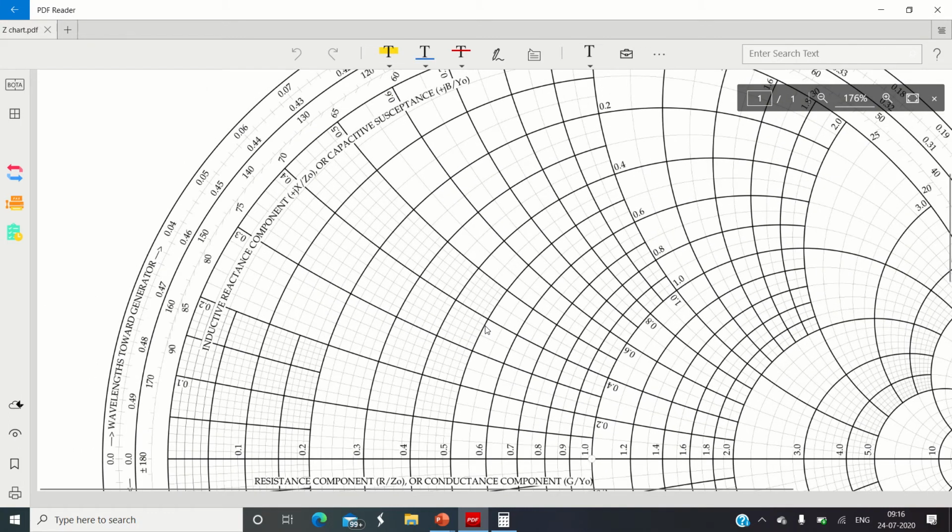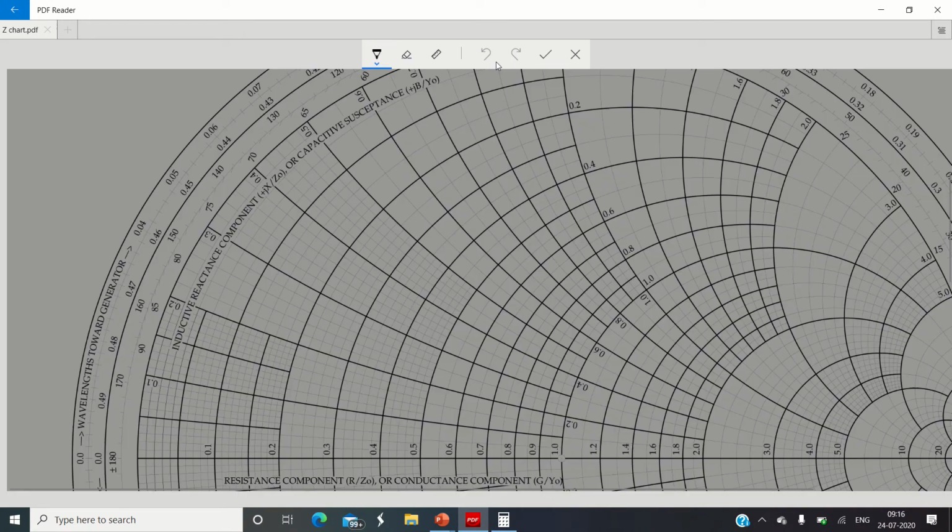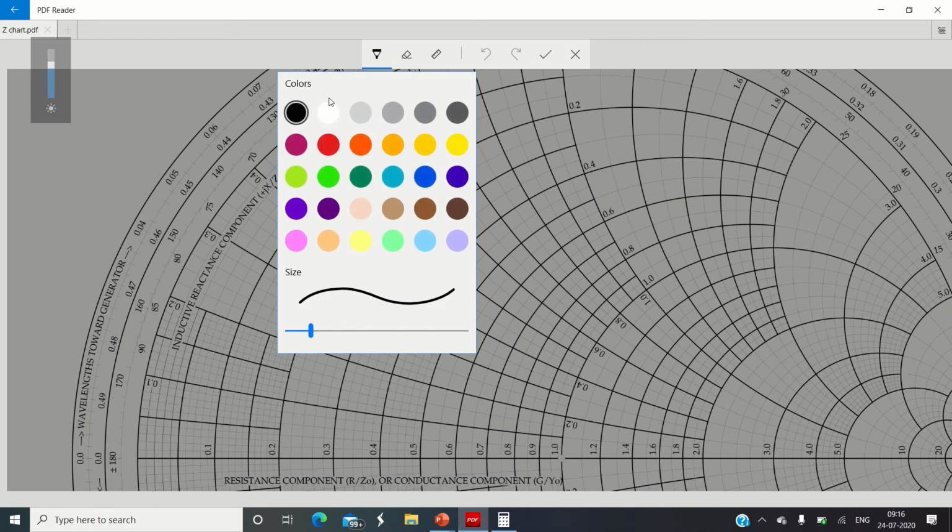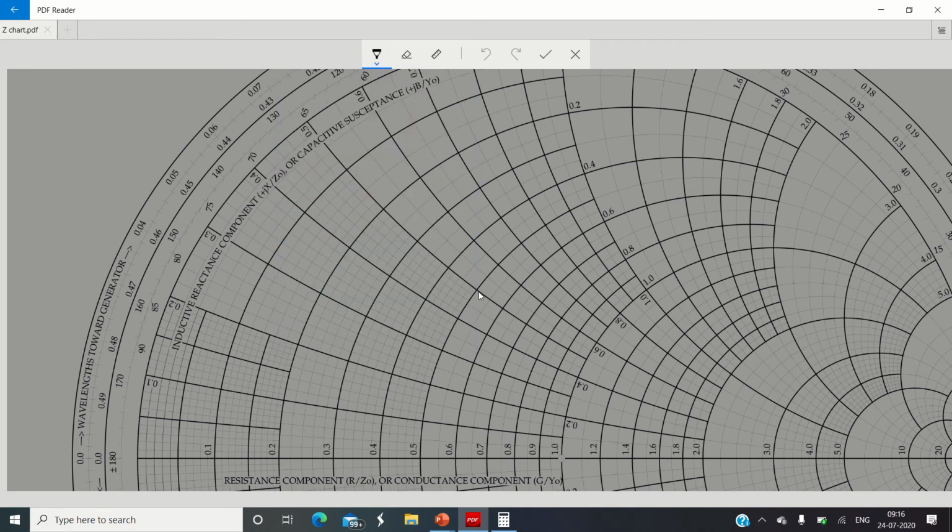So this 0.5 circle and 0.29 as the imaginary part. Somewhere here in the middle I should draw it. I will take a black color and increase the brightness level, and I will plot the point 0.5 and 0.29. So 0.5 is this circle which I am tracing, and here it is 0.3, below that it is 0.28. So somewhere here in the middle you can plot it.